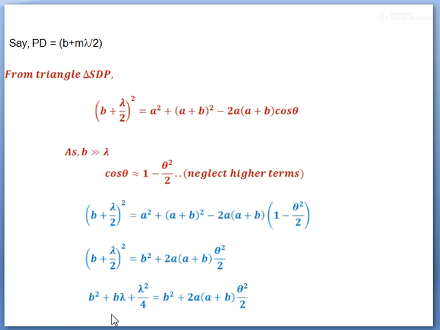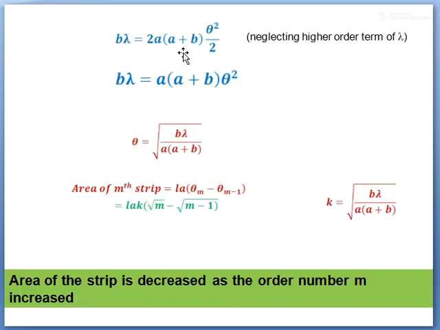এবং এটাকে যদি আমি এক্সপ্যান্ড করি so b square plus b lambda plus lambda square by 4 equal to b square plus 2a into a plus b into theta square by 2, right? তাহলে b lambda equal to 2a theta square by 2, neglecting the higher term of the lambda square by 4. So in this case b lambda equal to a into a plus b into theta square. So theta equal to b lambda by a plus b. Now for mth strip,